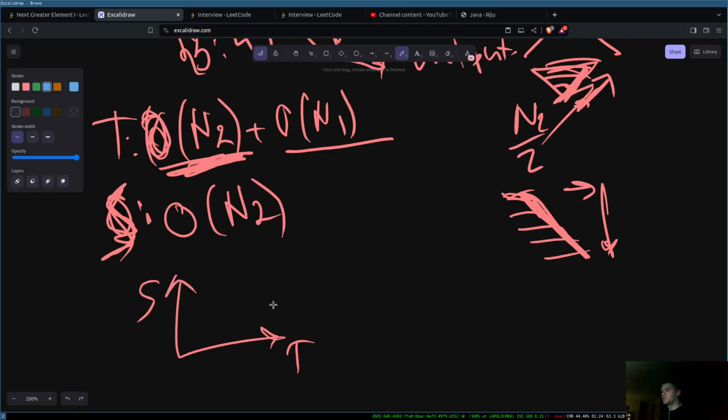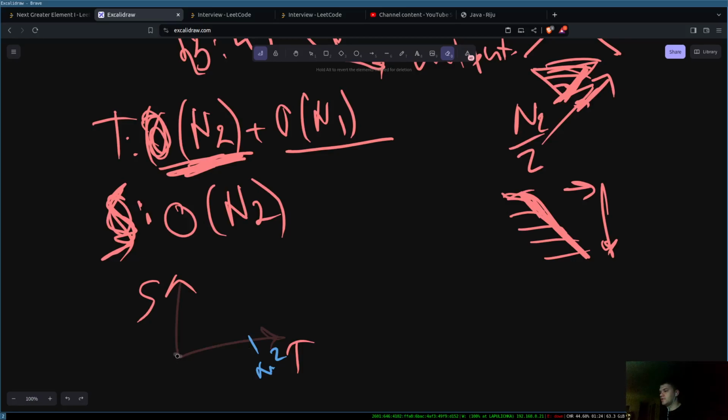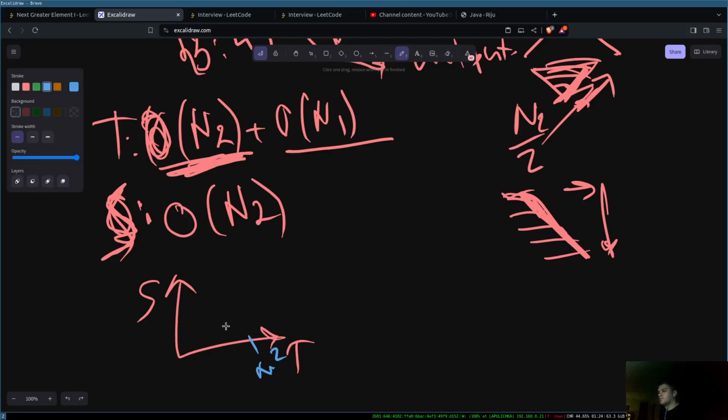For the first one we have O of n squared time, and O of 1 space,